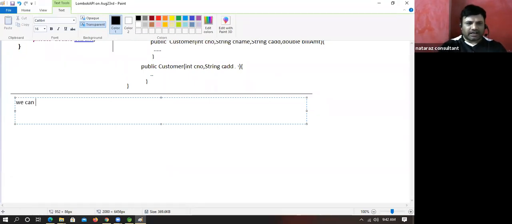We can take the constructor as private, protected, and public through Lombok API.